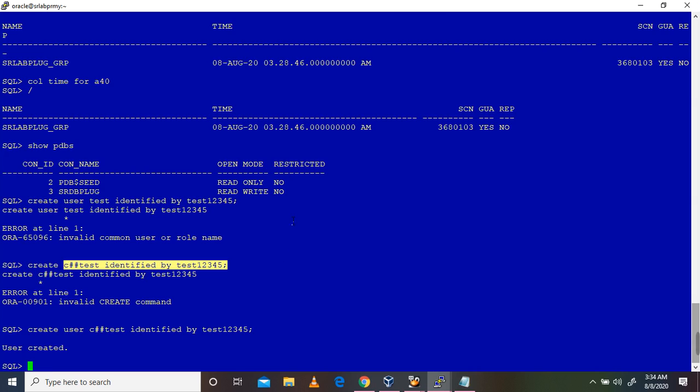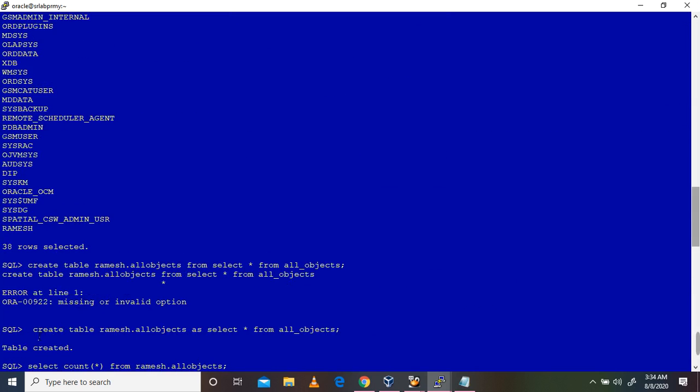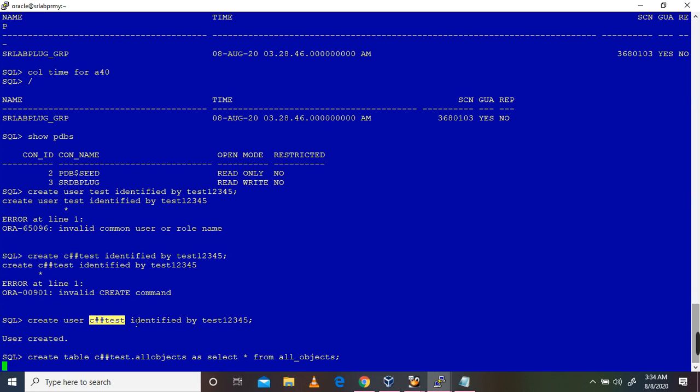Let's create a table all_objects as select star from all_objects. So I'm creating a table at the container level.